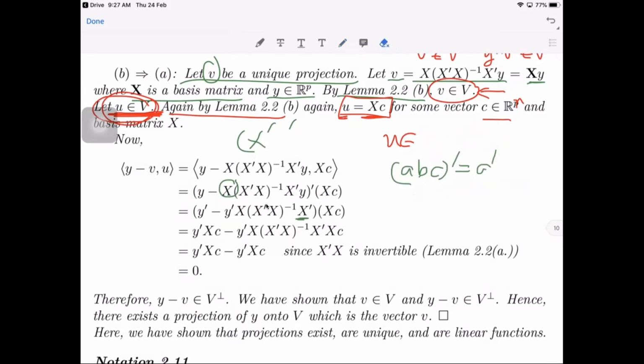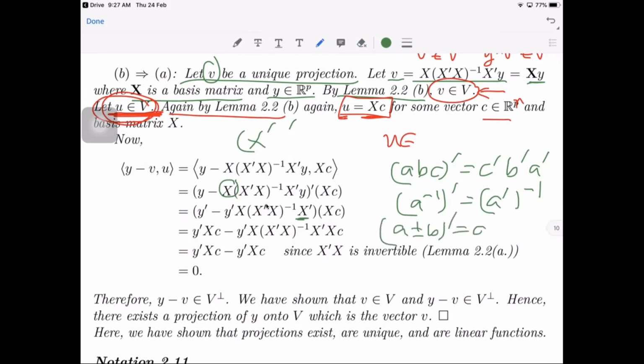ABC prime is C prime, B prime, A prime. A inverse prime is just equal to A prime inverse. Nasa pa ba? Okay. A plus minus B prime is A prime plus minus B prime. Okay? So, kana ang mga properties sa primes? So, okay na ta dinhi. Okay na ta diha. And then, ang atong gibuhat is